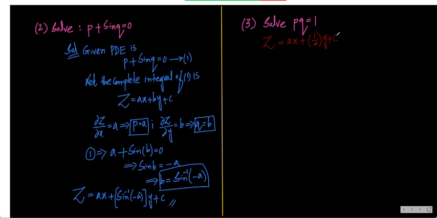Now we can go for the next question. You have to solve this equation, but this time I will tell you something. I'm taking a somewhat different question. Solve: p square plus q square is equal to npq. This is your question. Now I want to solve this one. The solution is